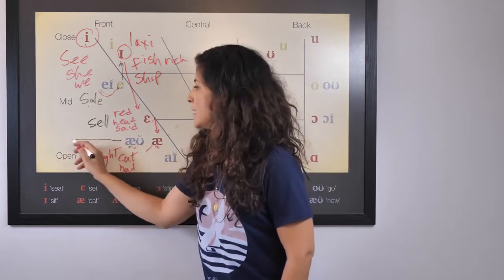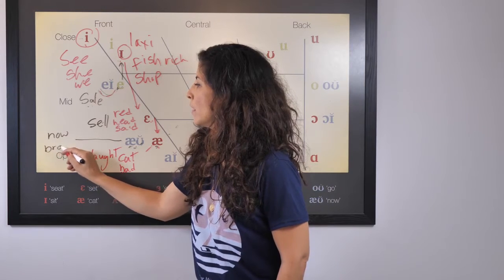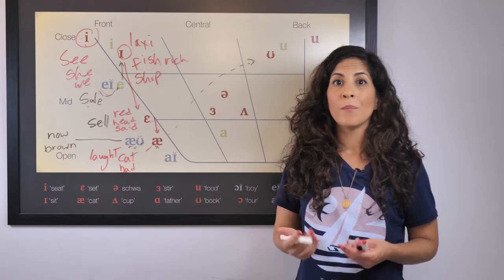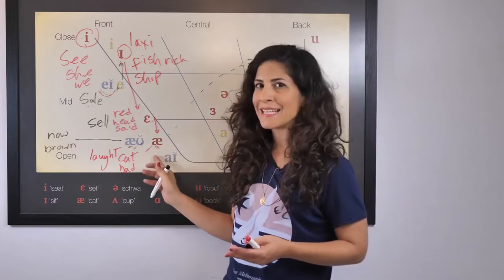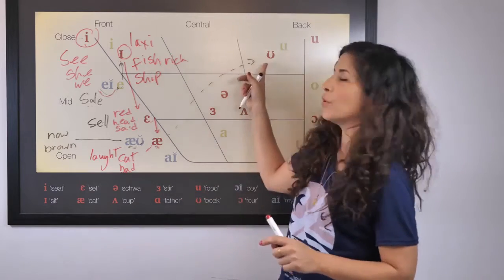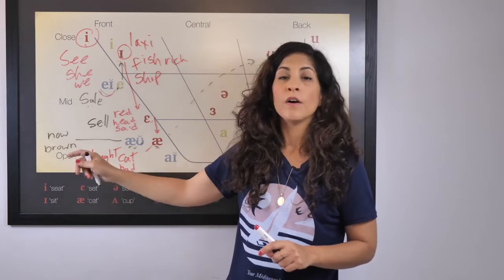Now, right? So we have now, brown. Now, it's really deceiving because it's spelled with O and W, but basically it's that A as in cat sound in American English, and then you move to the oo sound. Now, brown,